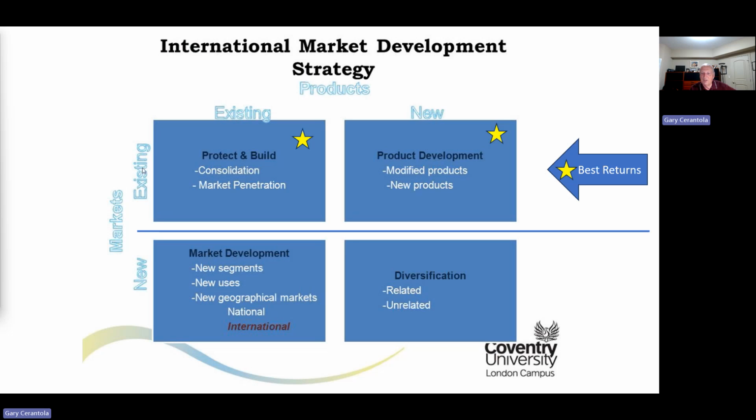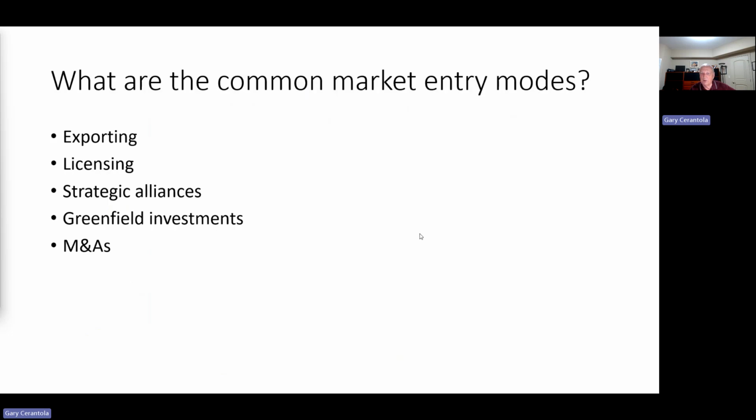When you have existing customers, existing markets, and you have existing products and new, this is where you really can have the best returns. When you're getting on this part of that 2x2 matrix, you're really introducing a lot of risk, especially on the diversification, so that you're looking at new products and new areas, and you're really taking on a lot of risk. So that's where to start.